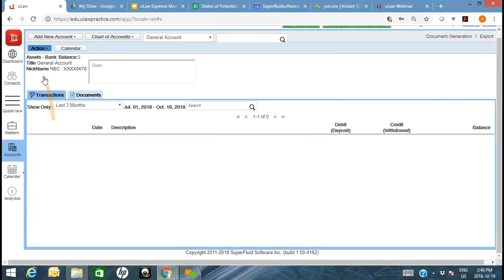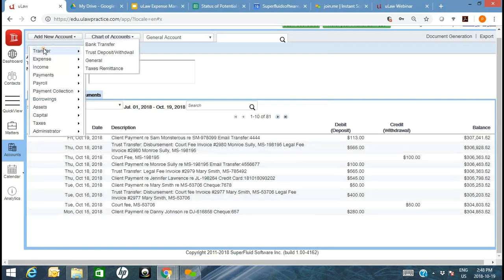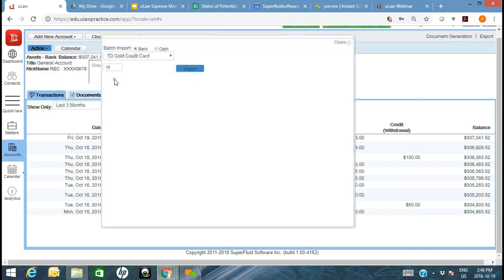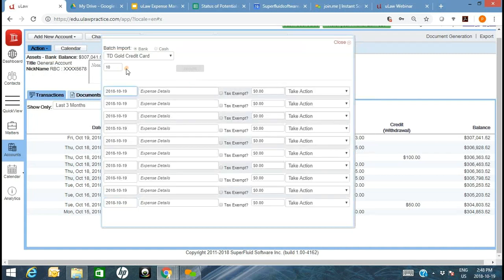Obviously, doing it one at a time is not great, so you can always do multiple transactions at the same time. You could say a batch import. Let's say you want to do 10 transactions at the same time, or let's say 5, or even 3. You can reduce whatever is your limit. And you can go about putting the same expense. You can say expense details,